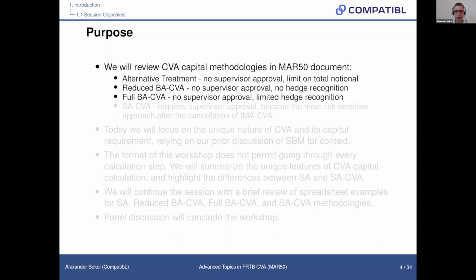Because CVA, as a measure of the present value of future credit risk, is primarily sensitive to the credit spreads, but not only. It's also sensitive to things like the yield curve, everything else that the price of the trade is sensitive to. So even in the full basic approach, you will not be able to recognize hedges for that part of CVA sensitivity. If you'd like to do that, there is a standardized approach, which requires supervisor approval. And after, regrettably, the internal models approach for CVA was canceled, it became the most risk-sensitive approach available in the